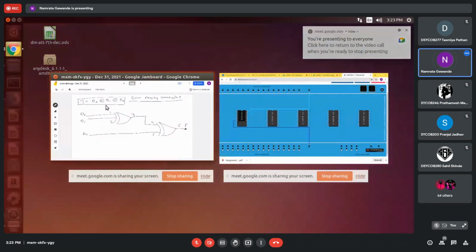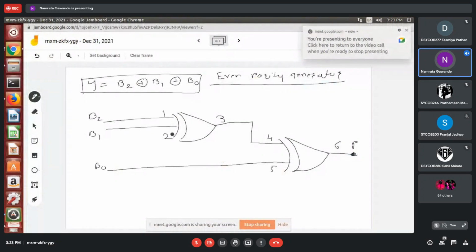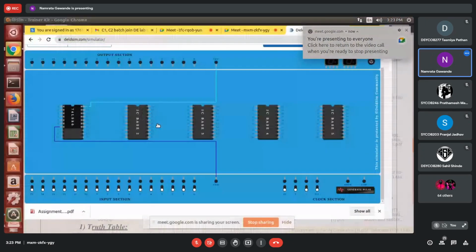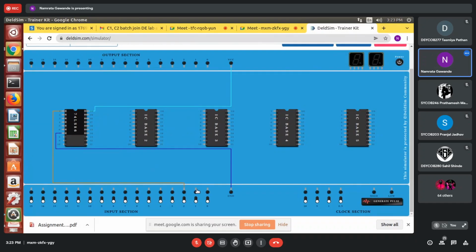So B2 and B1 should be connected to pin number 1 and 2. So I will take B2, B1 and B0. B2 should be connected to pin number 1, B1 should be connected to pin number 2.